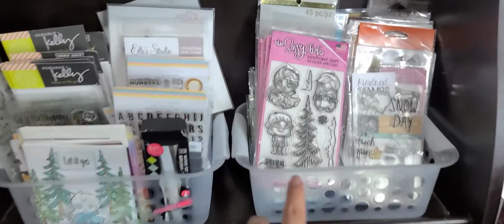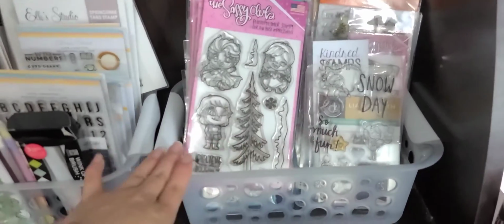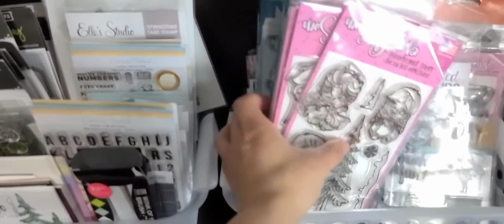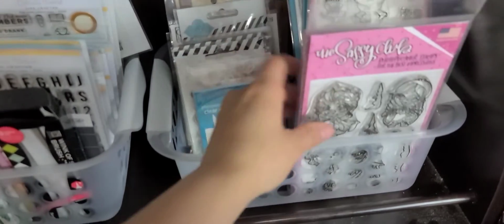And, well, this one is the seasonal section, so I want them here. So it's Christmas, and some I'm already starting to put New Year's. And then this is where I keep my smaller stamps, which are supposed to be, I actually switched this. This is supposed to be right here. So there we go. So these are the ones that I need to use or have not used, but seasonal